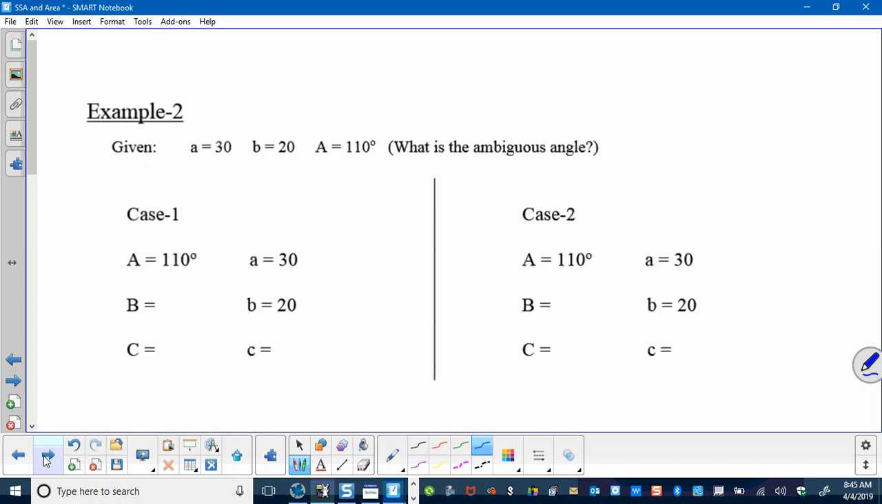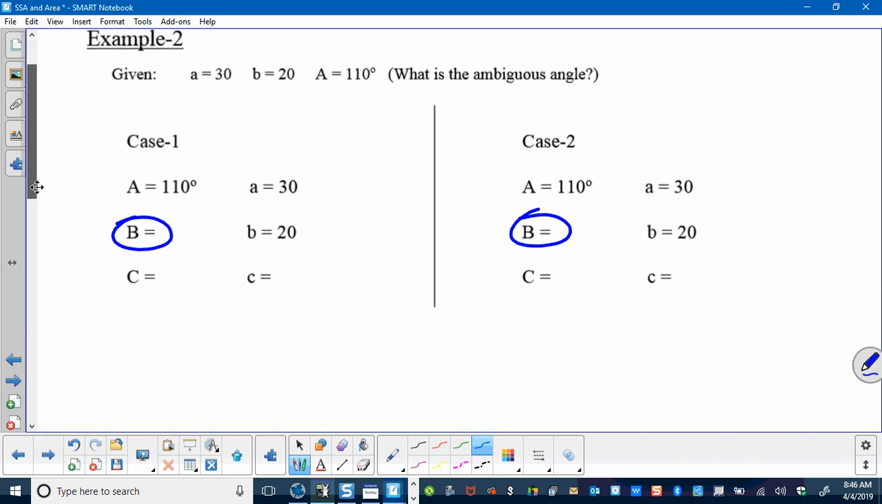Okay, first thing, what is the ambiguous angle? It's the angle that has a side, but a blank in the angle spot. Okay, so B is my ambiguous angle. That is missing the angle information, but it has a side length. So we're going to use law of sines. In case 1, we're going to get the acute angle because the law of sines will only give us acute answers. I'm trying to find sine B,